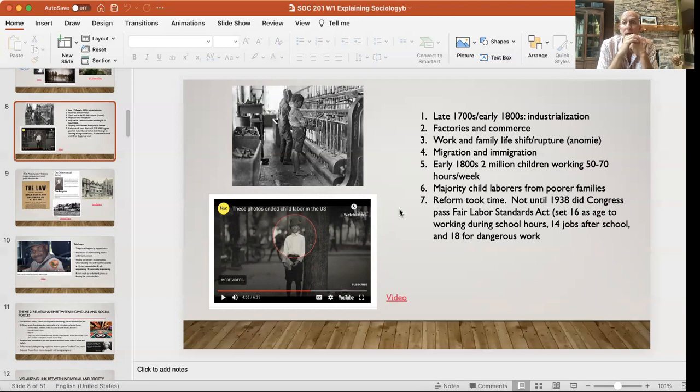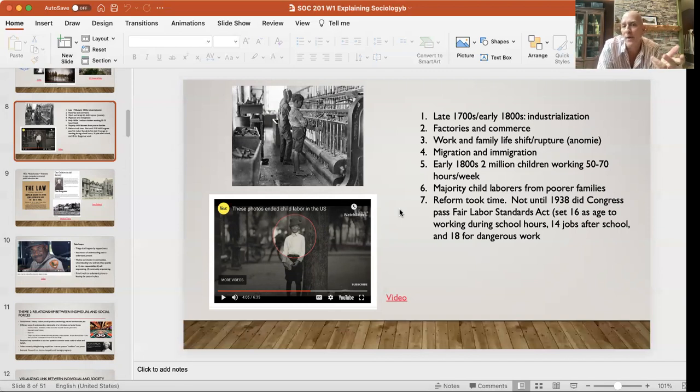What shaped the public's ideas about child labor was people started documenting what was going on in terms of some of the abuses within industries, the conditions that kids were working in. It took a long time for change to be made, but finally it did. Part of it was because the public became more aware of what was going on within these factories. Most of the kids came from poor working class families, so the middle class wasn't something their kids experienced. So the more information, the more images that got shared, the more that people in the middle class became aware of these kinds of problems and issues, and change eventually came.